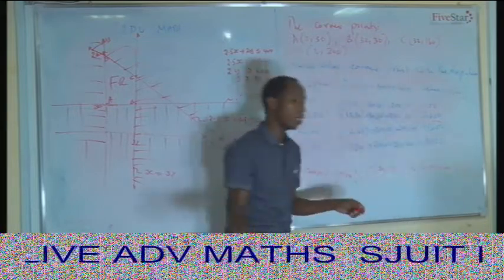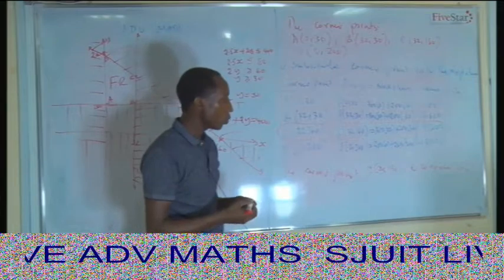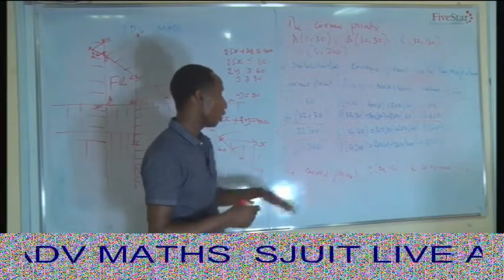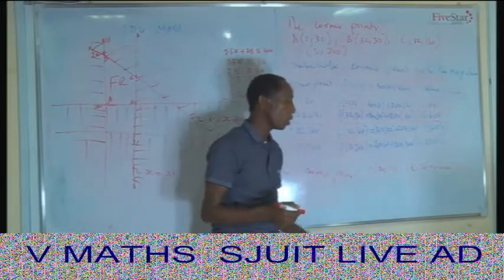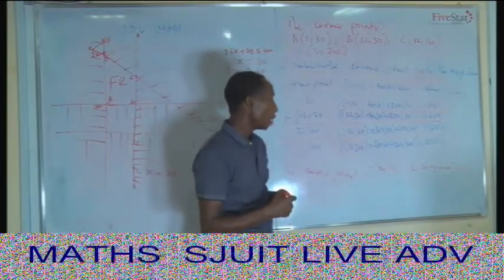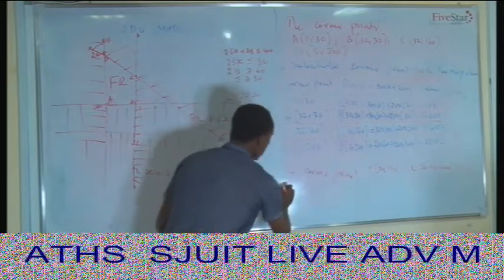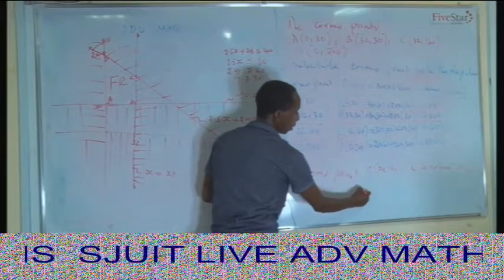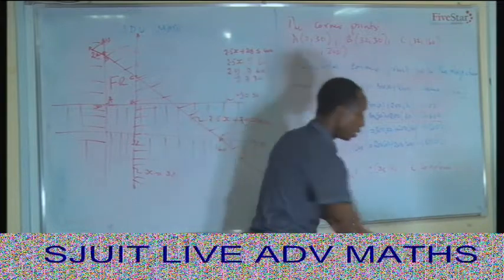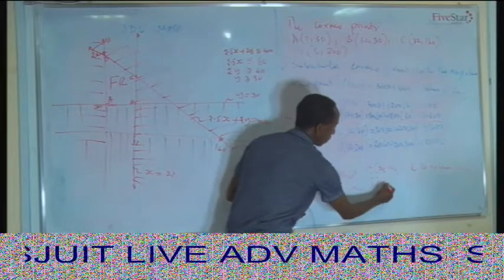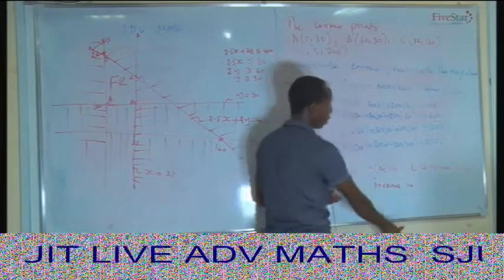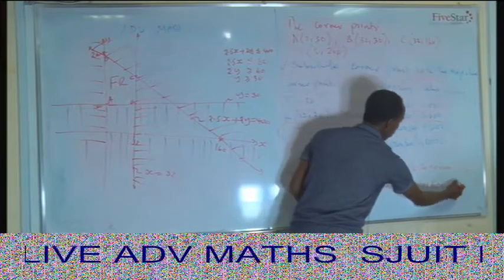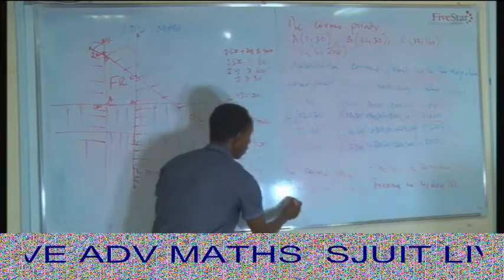The optimal point is just a point which gives us what we need, the point that helps us to answer the required question. Of course, in our case, we can just say this is the maximum point, from which the maximum daily income, we can just read here, is 41600 Tanzanian shillings,